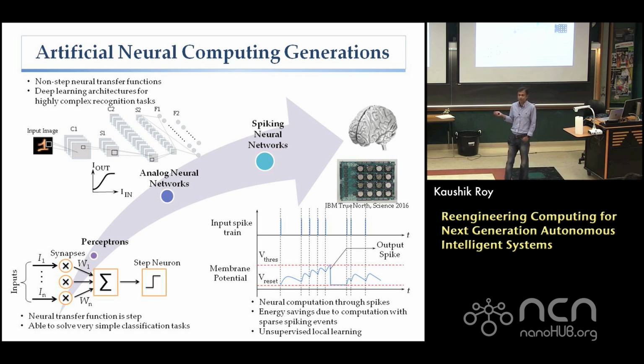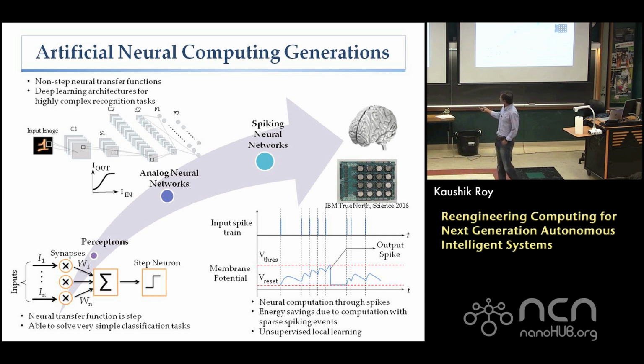These are the spiking neural networks, which are closer to what the brain does. And you might actually ask, why am I really going to look at these kind of networks? It turns out that there are several reasons. First reason being the fact that it is closer to what the biology does. And then you might say, so what, right? You certainly have to be able to get something more out of it.